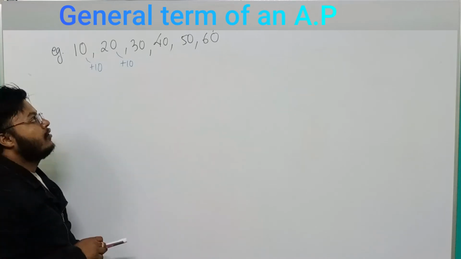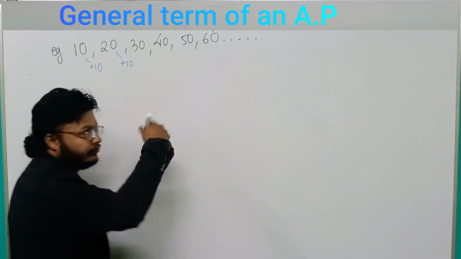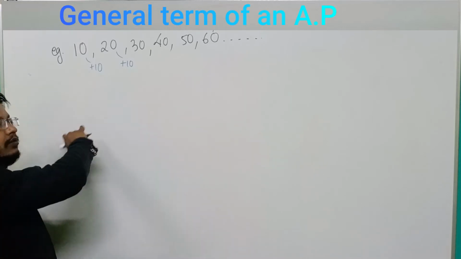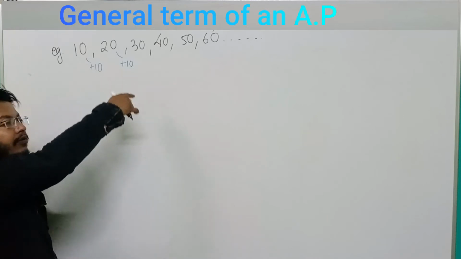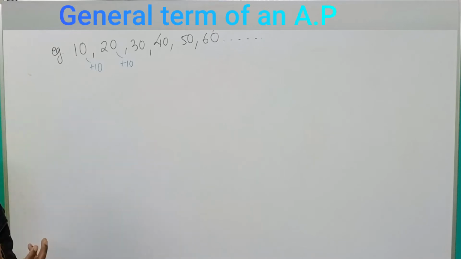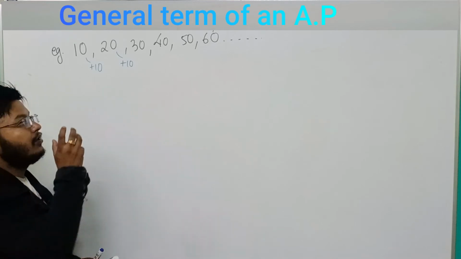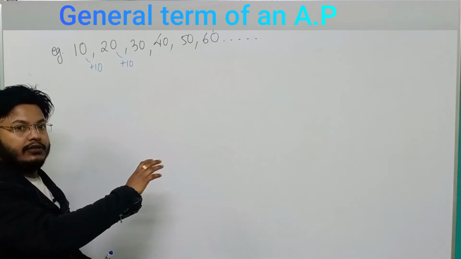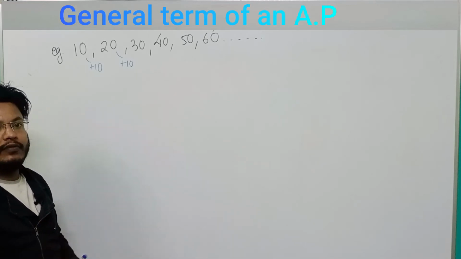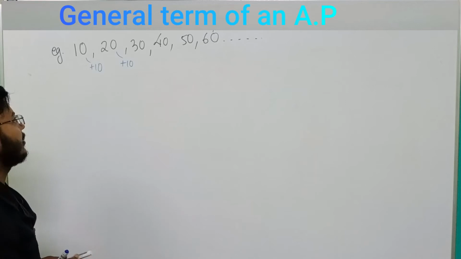Now suppose somebody asks you to find the 12th term. So what is my 12th term? If the first term is 10, second term is 20, third term is 30, 40, that means my 12th term will be 120. So for this we'll derive a relation, the general term of an AP, such that by that relation you'll get all the answers. You can find the 12th term, the 18th, the 100th, anything. So how do we derive that general term of an AP? You can see there.